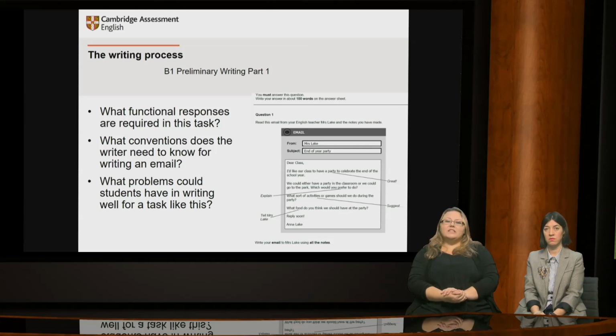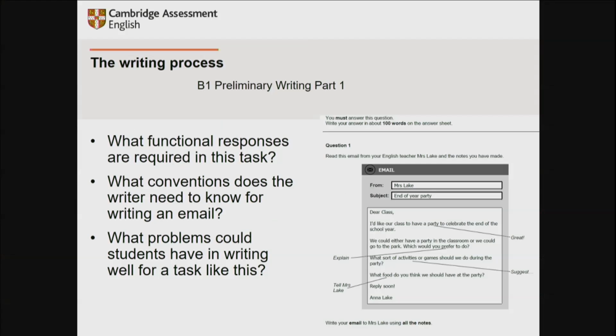Today, we are suggesting a relay activity to help students develop their responses. You can use the sample task from the sample paper, for example, the end-of-year party task taken from B1 Preliminary for Schools that you can see here. After you establish the context, the fact that Mrs. Lake is a teacher who is writing to her class and is asking for ideas on the end-of-year party, and the fact that the students are writing to Mrs. Lake with their individual ideas,